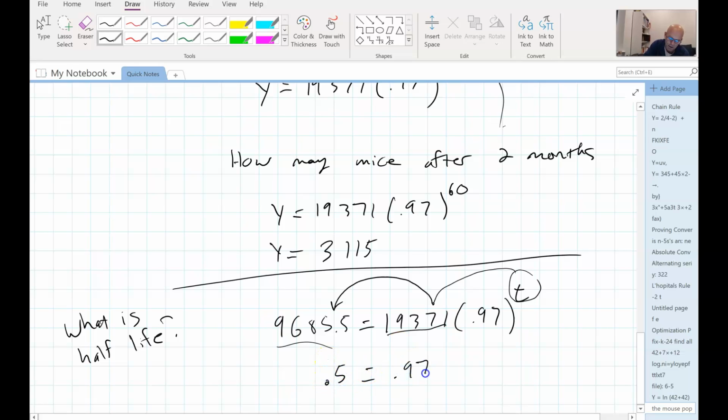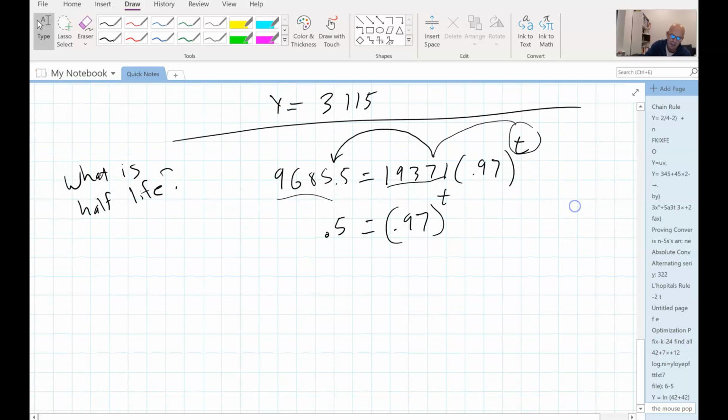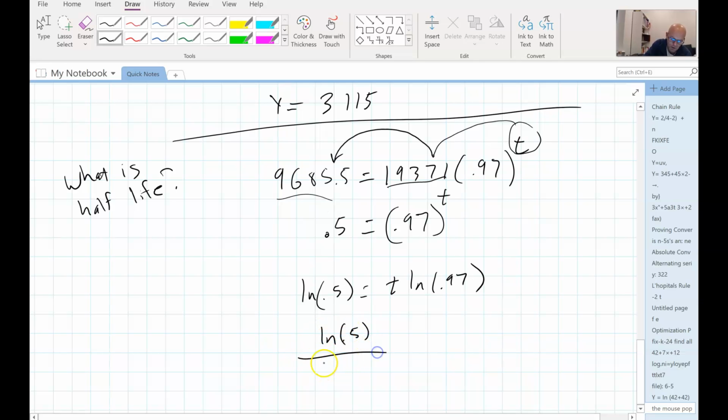So really what we're trying to figure out is, when is 0.97 to the t equal to 0.5? Okay, and so once again, this is an exponential equation, so I can solve by taking the log of both sides. So I get the natural log of 0.5 is equal to t times the natural log of 0.97. Divide by that, and I get the natural log of 0.5 over the natural log of 0.97 is equal to t. So then I throw that in my calculator. Clear. Natural log of 5 divided by natural log of 0.97 equals, and I get